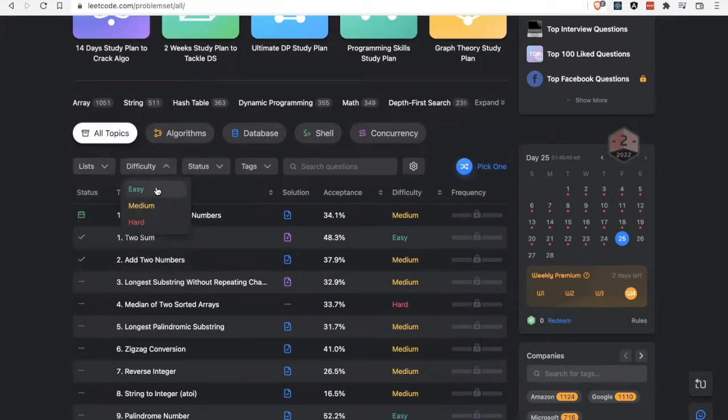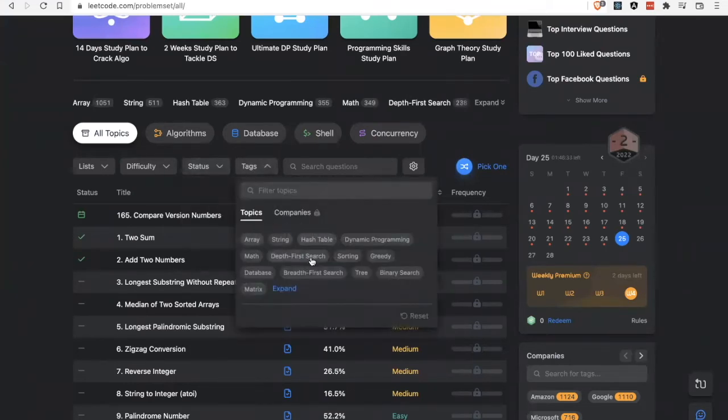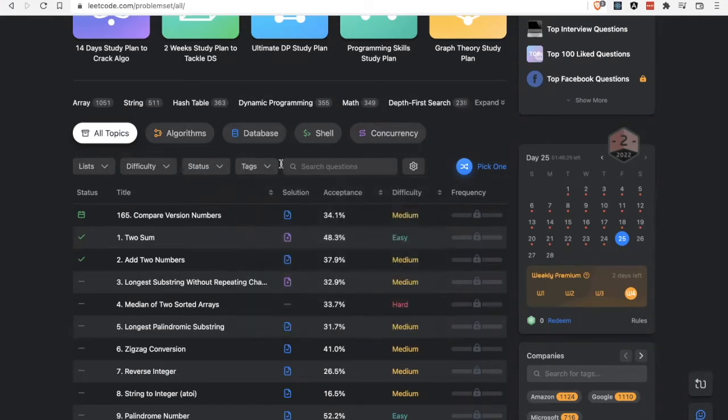The difficulty of the problem, easy, medium, or hard, whether you solved them or attempted to solve them, or whether you didn't do them yet at all. Topics covered in certain problems, so you could filter for those if you want to only do tree problems. And then you can also search for a specific problem.